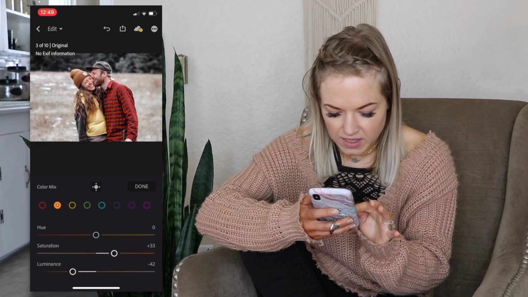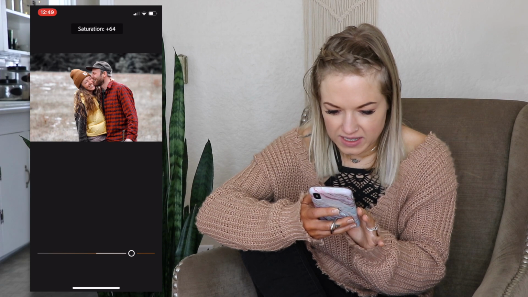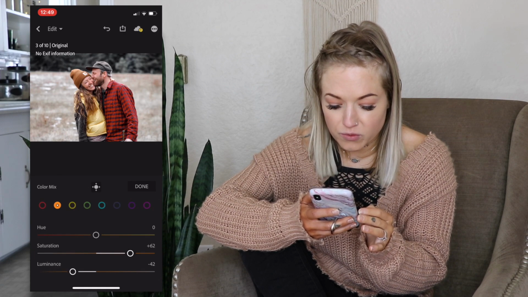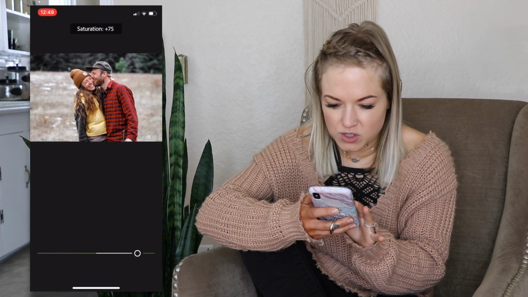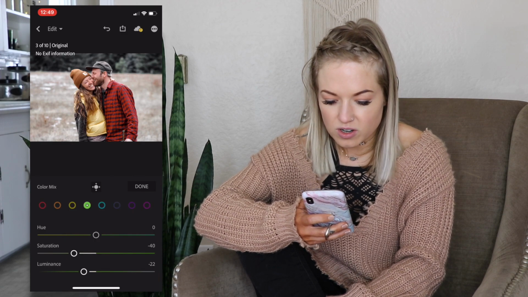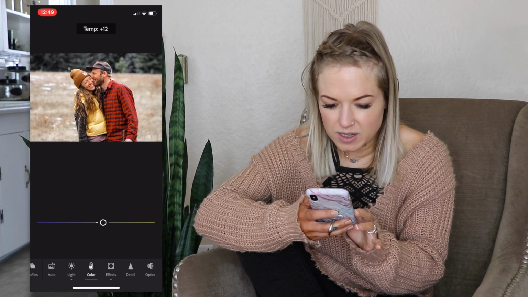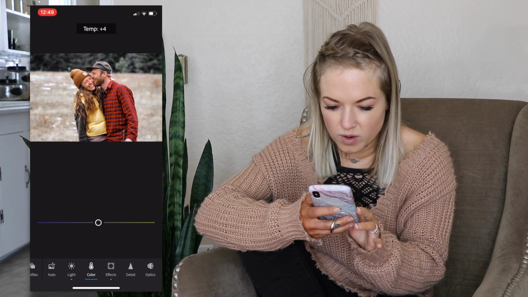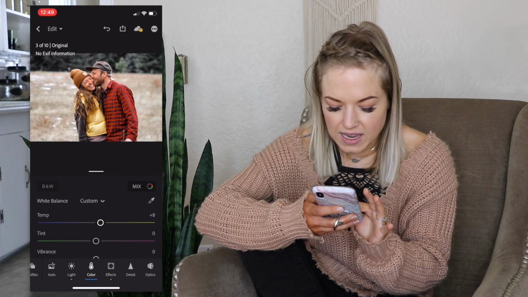Yeah, that's looking really good. And I'm gonna keep the saturation up on the oranges because I think that just looks so nice. I might even bump them up a little bit higher than they were before. And we did lose a lot of the saturation on these greens and the trees, but honestly there wasn't a whole lot of saturation to begin with, so I'm gonna keep that saturation on those just like that. And I might go into the temperature and play around with it just a little bit, maybe just warm it up just a tad. I don't like it too cool, so I'm just gonna warm it up just a tad,